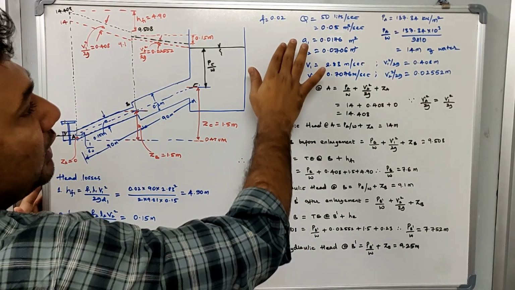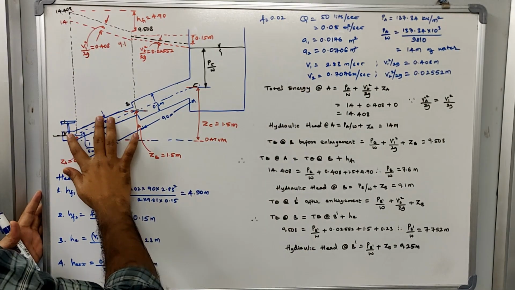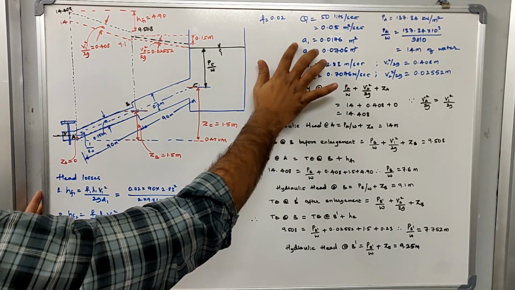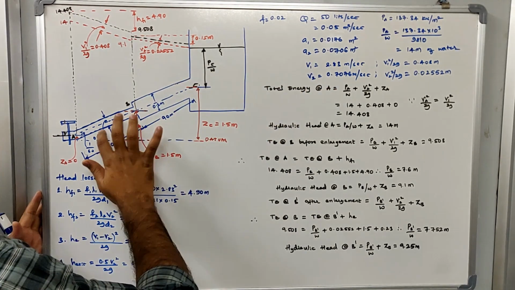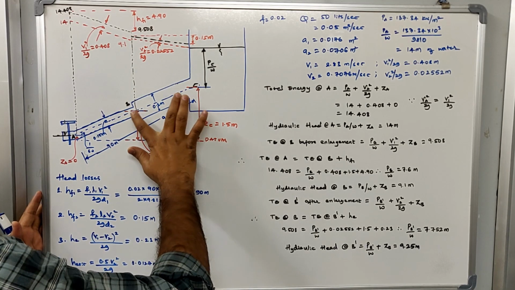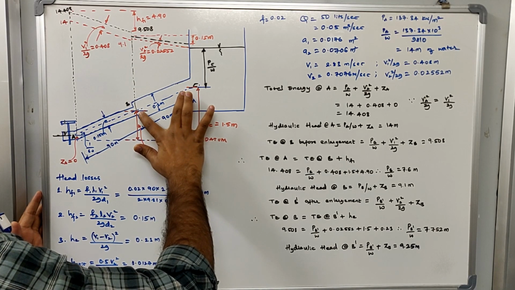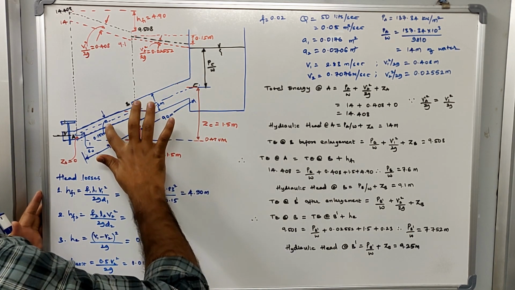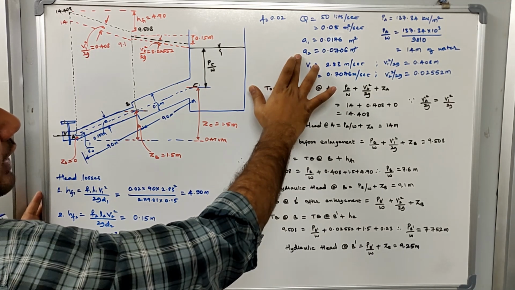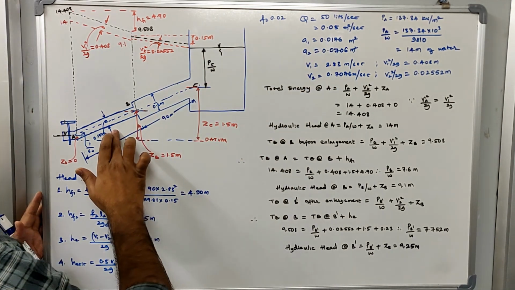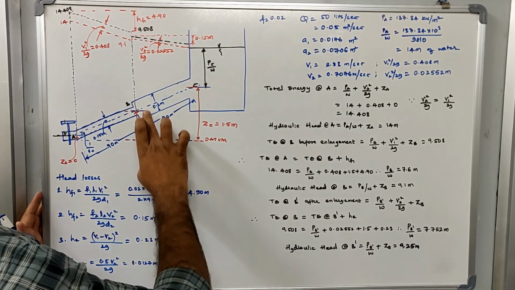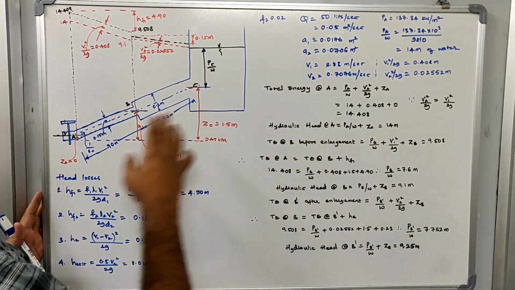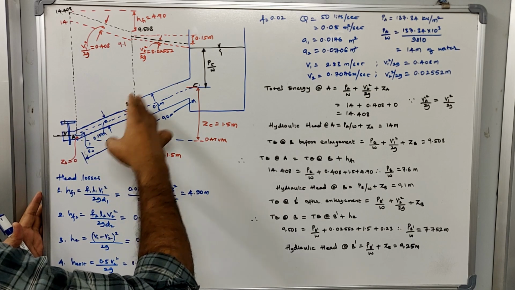Okay. So after that, let us say that this pipe AB has a diameter of 0.15 meter. I will call this D1. So D1 is 0.15 meter, and D2, which is the diameter of pipe BC, is 0.3 meter. Correspondingly, for diameters D1 and D2, we will calculate A1 and A2. So pi by 4 into D1 square is equal to this much. Pi by 4 into D2 square will be equal to this much. So we have calculated the cross-sectional area of pipe AB and pipe BC.